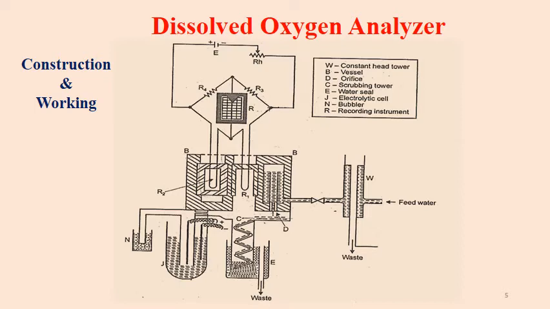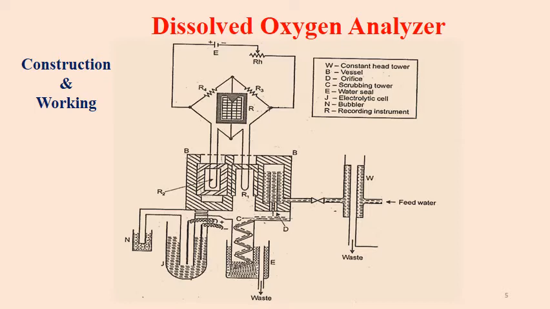The space in the constant head tower and around the sensitive element R1 is filled with hydrogen generated by electrolytic cell and surplus gas is being ejected through the bubbler N. The sensitive element R1 forms one arm of Wheatstone bridge. The opposing arm of the bridge is element R2 which is sealed in an envelope filled with hydrogen and placed in vessel B so that compensation for any temperature changes can be done.